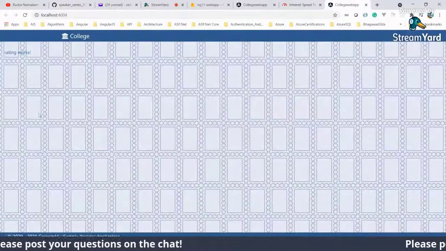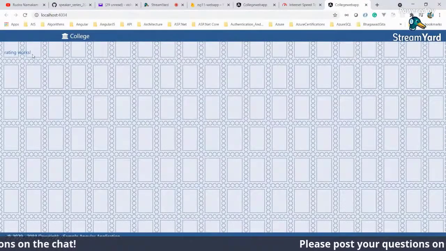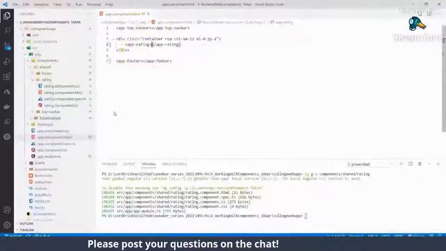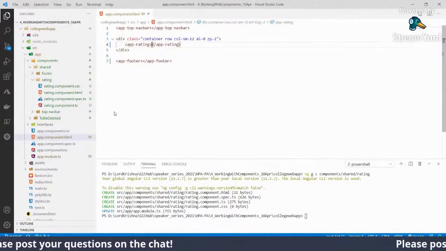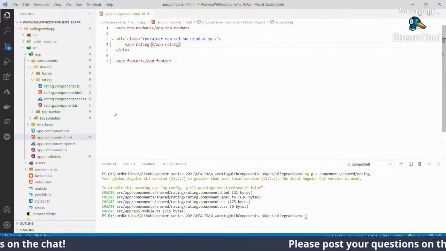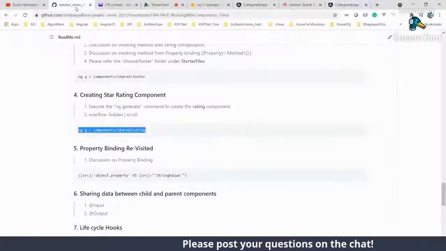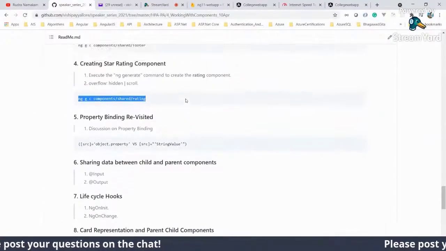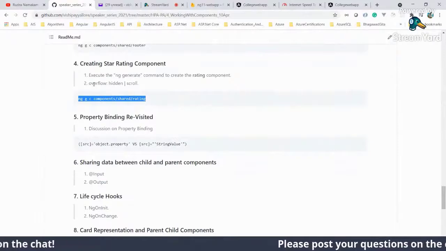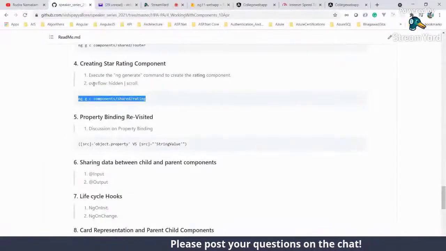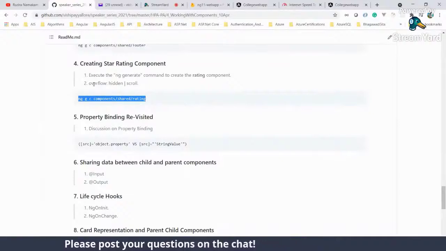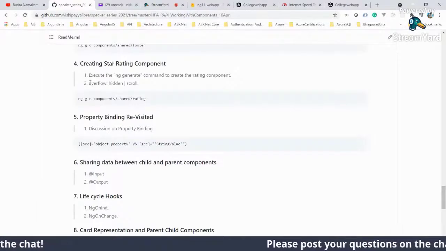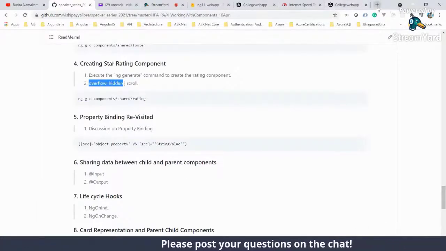If I come here, we have the header, we have the footer, and here it says rating works. So the rating component is working. That's pretty good. We'll start building this rating component step by step. The concept we are going to cover while building it is how the rating component shows the number of stars, sometimes 5, sometimes 4.5 or 3-point something or 2, whatever it is, fluctuating. How does that happen? Before that, we have to learn one simple concept.